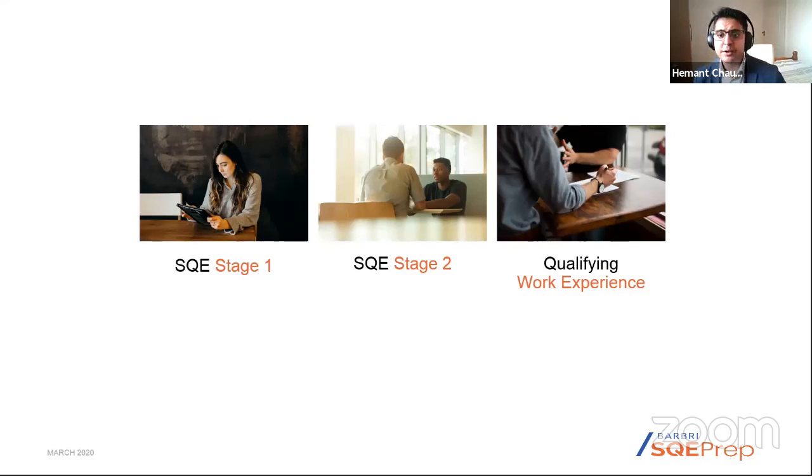Pro bono work will count. Volunteer work in a legal charity of some sort will also count. As long as it's 2 years of qualifying work experience signed off by a solicitor, and you pass both the assessments, you can then apply for admission as a solicitor. So we see this as a very good way of curing that bottleneck. Right now in England, there's a huge saturated market of LLB and LPC graduates who are still paralegaling and unable to find training contracts. The SQE will be that cure, I think, opening the doors for many.